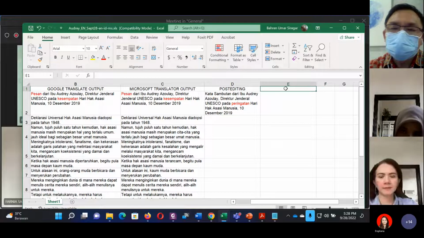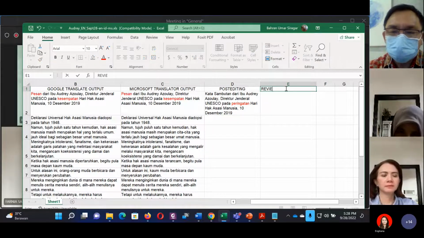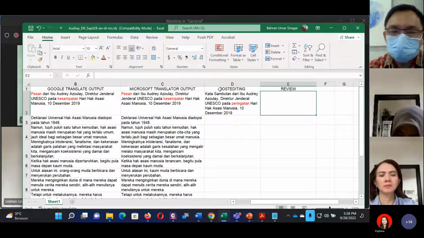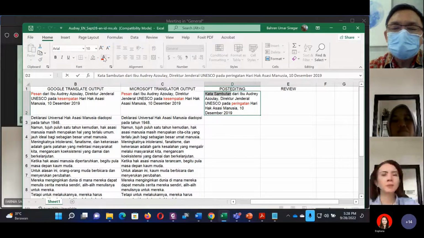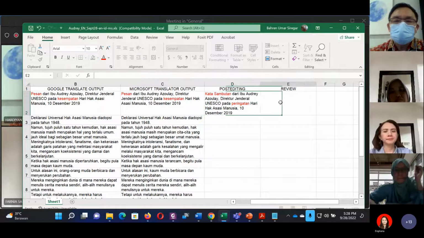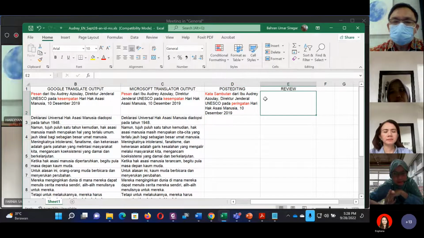For example, here you can just type review. It means the comments you want to make for this post editing. So for example, here, if I can add here the color, then we have